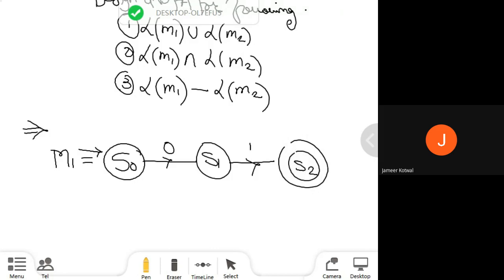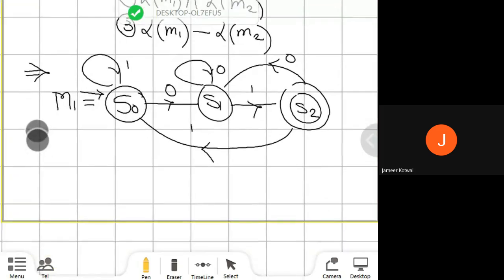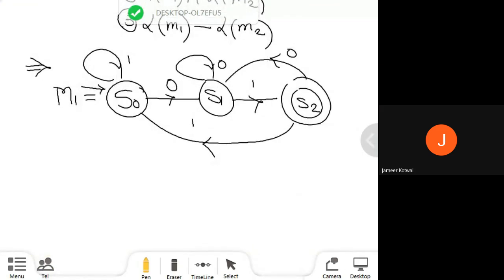So now it might be possible that the string may start with 1 and there may be multiple 0s, and in the final state if 0 occurs again you are going to revert back by processing 0, and if 1 occurs you are going to go back to state S0. Is that clear? हे तुम्ही ड्रॉ केलं असेल. Machine M1 transition diagram is in this way.